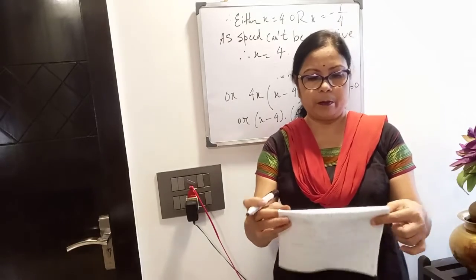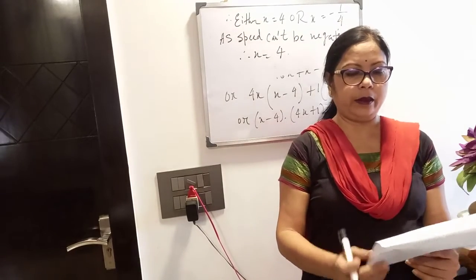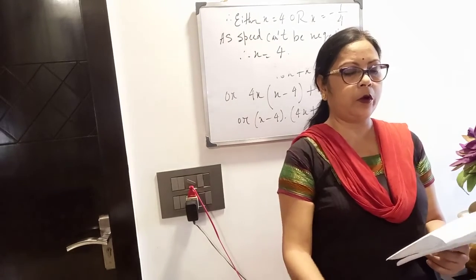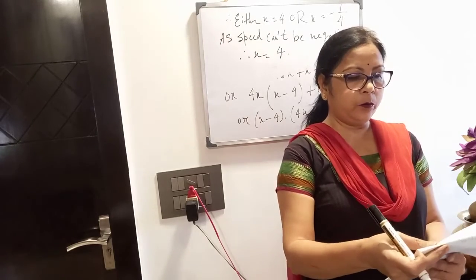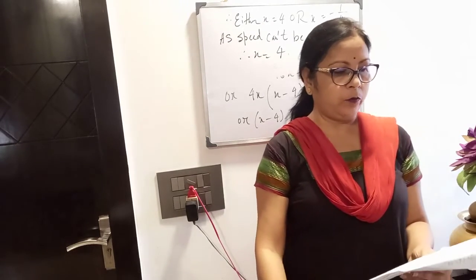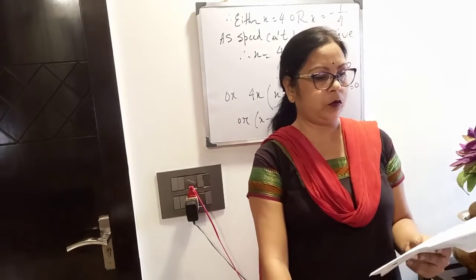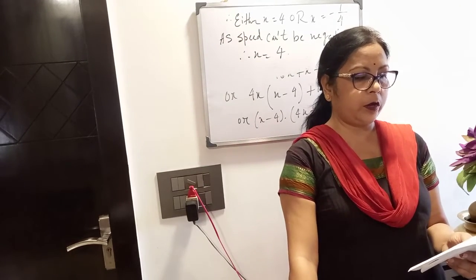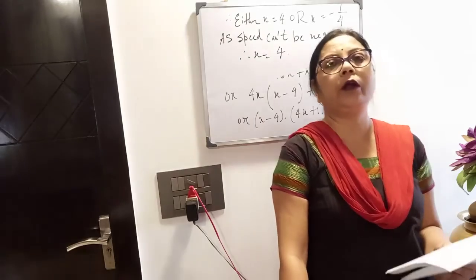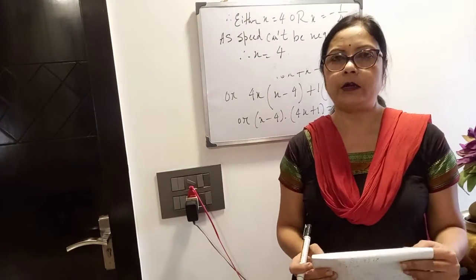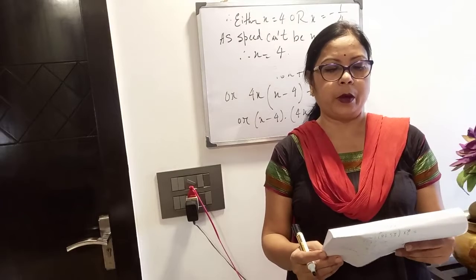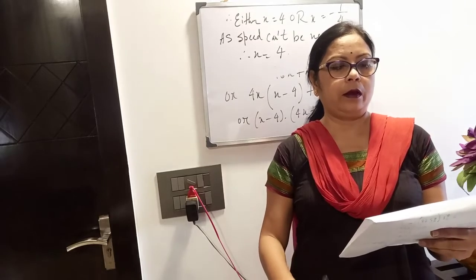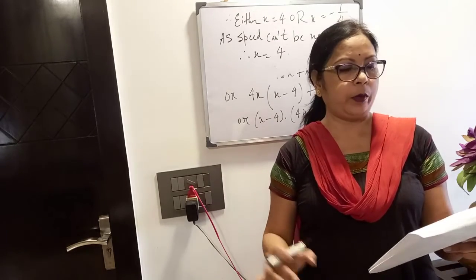If the price of 1 dozen pen is reduced by ₹6, 1 dozen pen, clear? That means number of pens 12. Then 3 more pens will be got in ₹30. Before reduction of price, calculate the price of 1 dozen pen. So what to calculate? We have to calculate price of 1 dozen pen, and it is told that if the price of 1 dozen pen is reduced by ₹6, then you will get 3 more pens at ₹30.